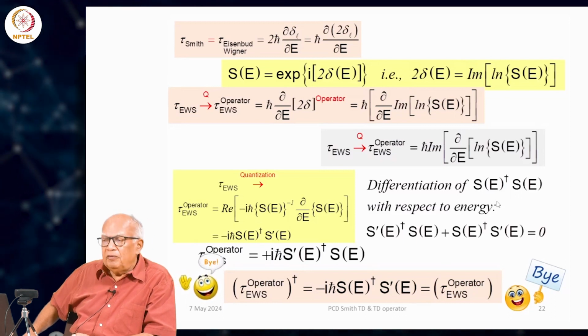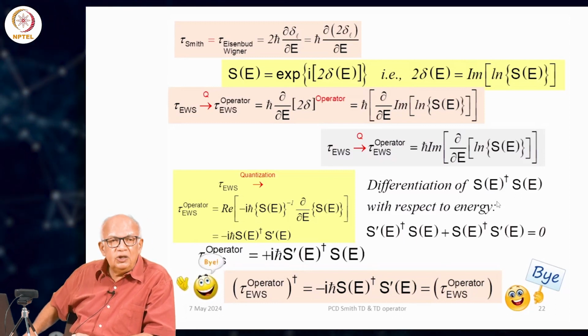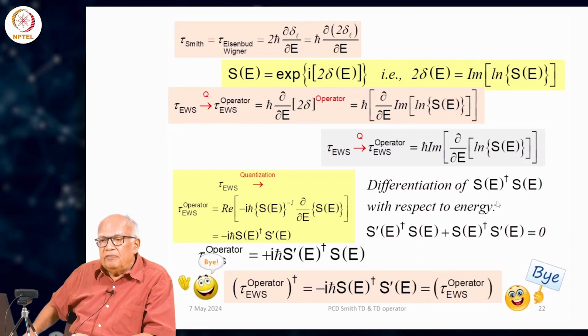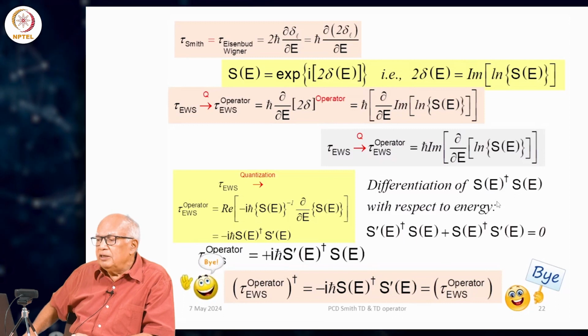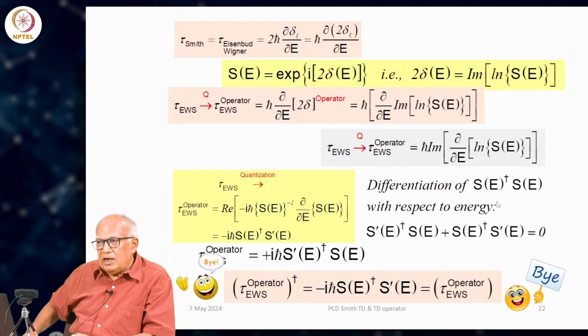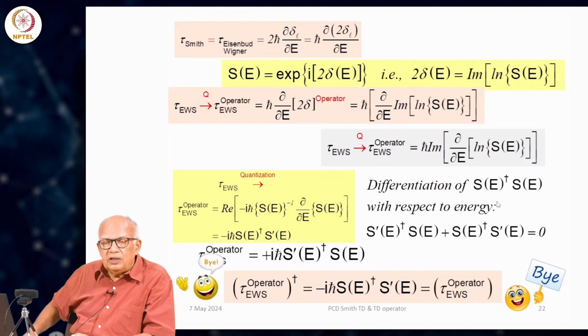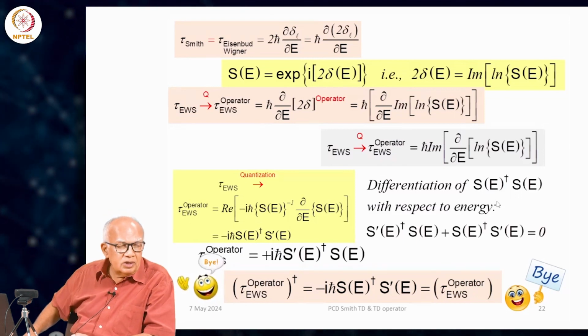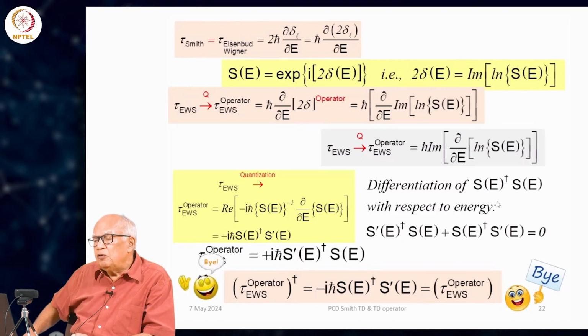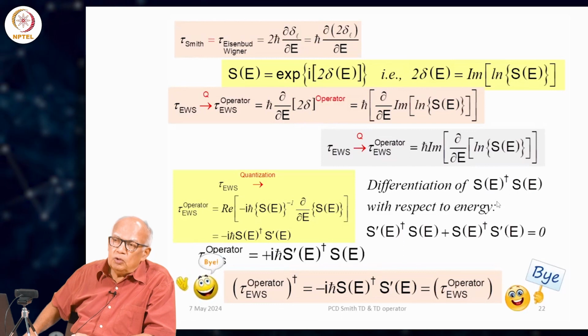So, I do not know if you have had a chance to work with anti-unitary operators, but they have properties similar to unitary operators, but I will discuss some of their important properties tomorrow. So, I will discuss the quantum mechanics of anti-unitary operators tomorrow, the time reversal symmetry in particular, and then I will relate the solutions of photoionization to the solutions of scattering,